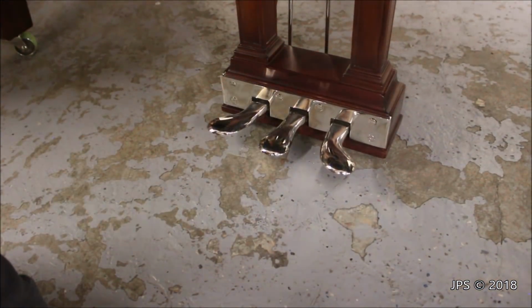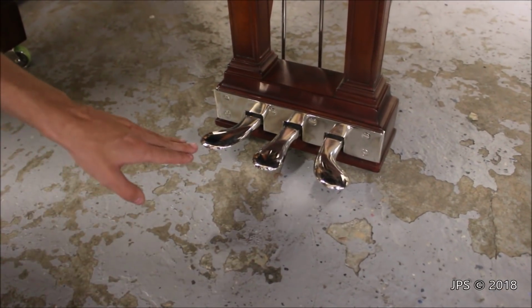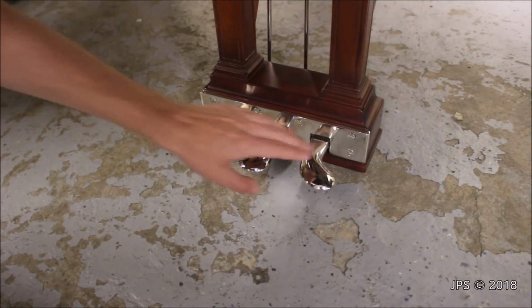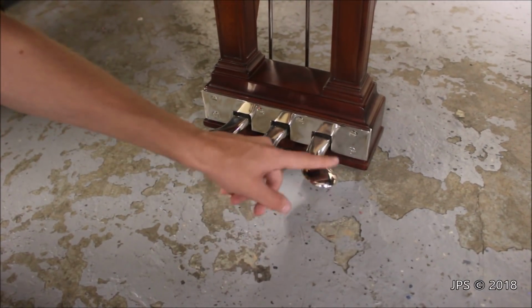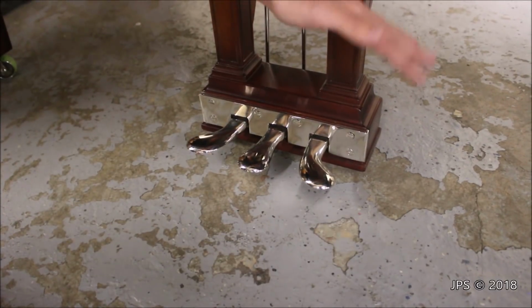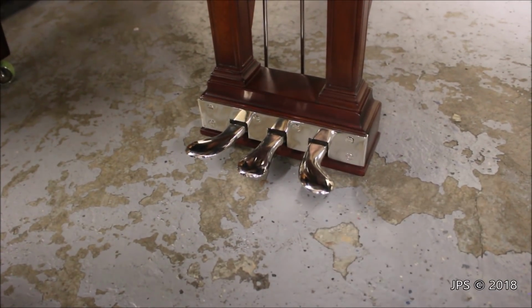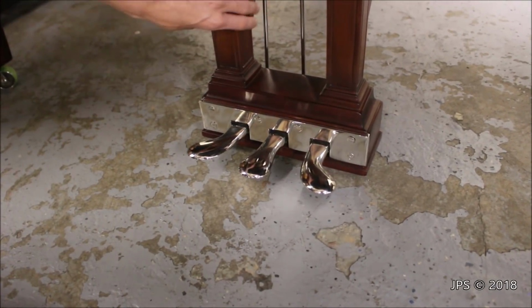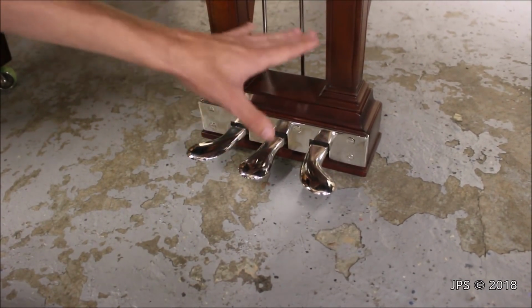I wanted to talk about the pedals briefly here on this piano because they're absolutely beautiful. They have been re-chromed, I would imagine. Maybe it's nickel, but it's most likely chrome. I've got some dirt on there, what a shame. And it's off now. And as you can see, it's absolutely shiny. You can probably see the reflection of my hand right there. So they're very, very pretty and they're very beautiful. And of course, it's back with this red wood again, and the red and the silver just looks wonderful to